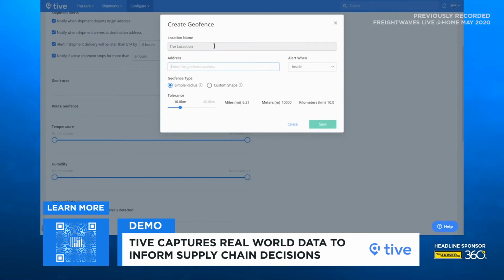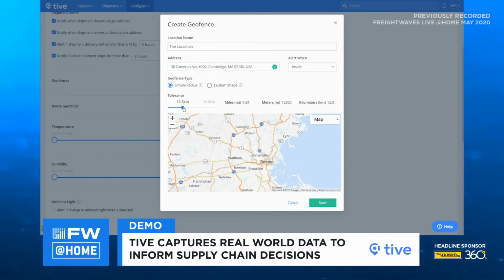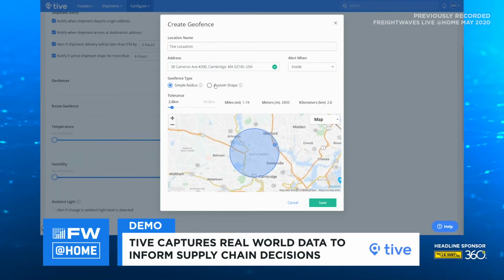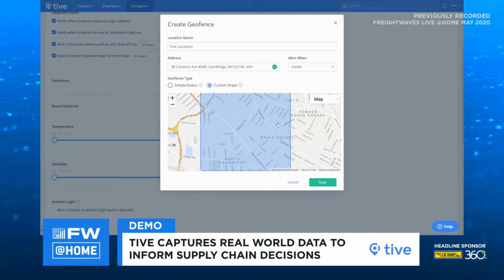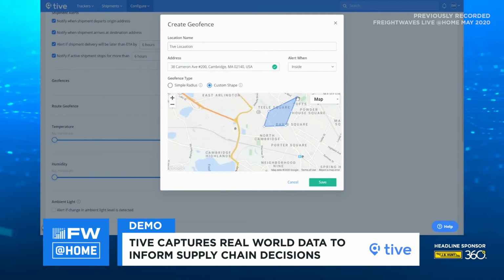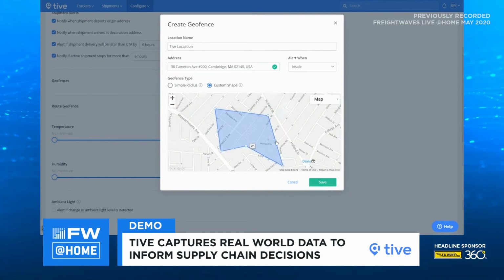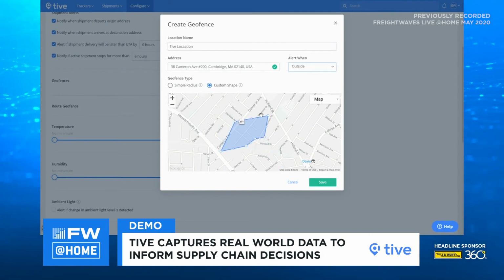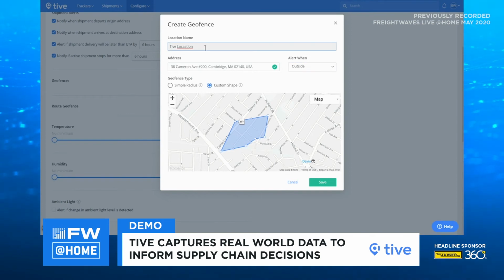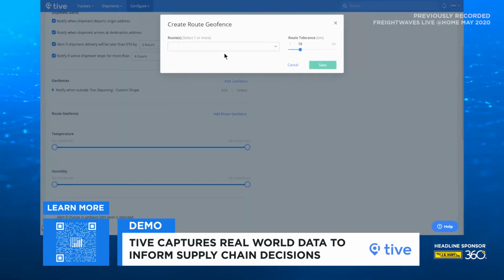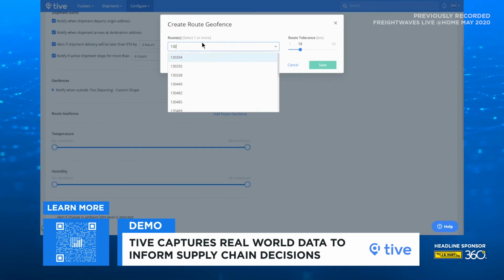It's pretty straightforward. Here you can pick a simple radius, change the size of the radius, and also put a custom shape so that it matches, let's say, the shape of the warehouse or a DC where the tracker is going to depart from or arrive at. And because of the accurate location of our trackers, you can actually make that polygon pretty tight. Once you're done with setting that up, you click Save and go to the next step,